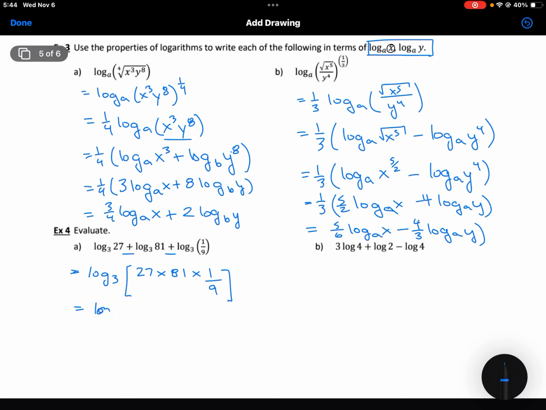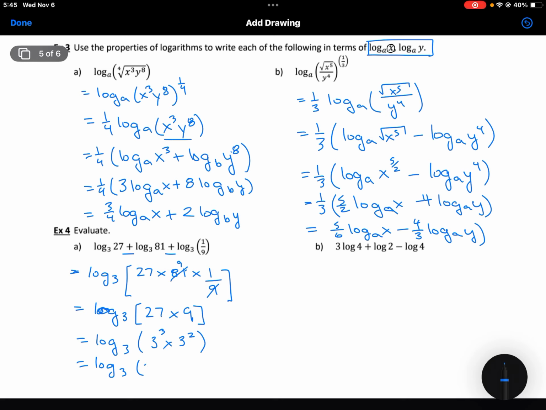Okay, so now I'm going to simplify this. Let's see, I don't think I need a calculator here, but we'll see. So 81 divided by 9 would be 9. And so I've got log base 3 of 27 times 9. And I would probably separate this. I would say 27 is 3 cubed, and I know that 9 is 3 squared. So I would write this as log base 3